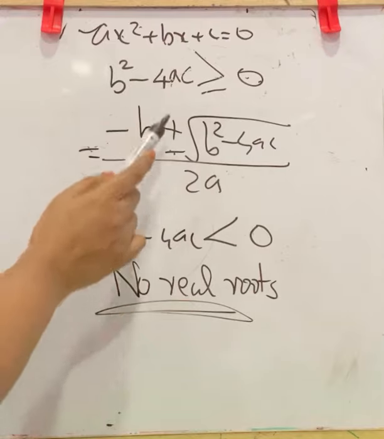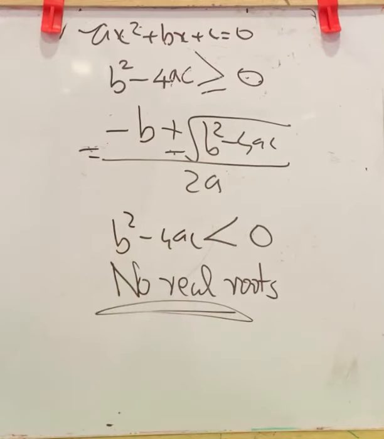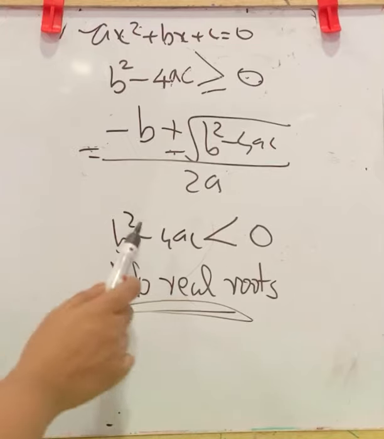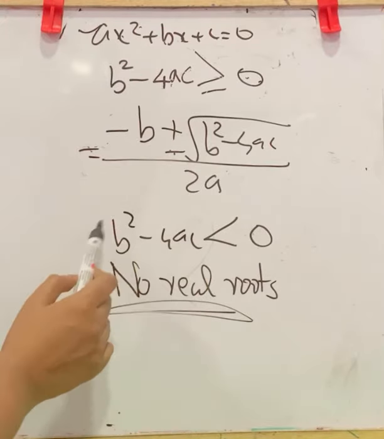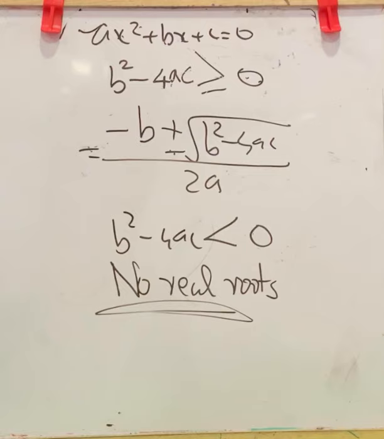For both conditions we will get the solution as x equals minus b plus or minus root of b square minus 4ac by 2a. And if this is less than 0, meaning a negative value, we can say there are no real roots. Now we will do some problems based on this, then you will get more clarity. We can do the same 4 questions from the first set of this exercise.